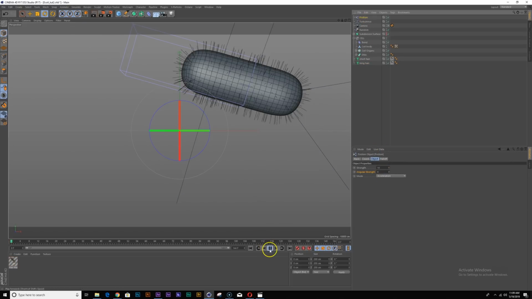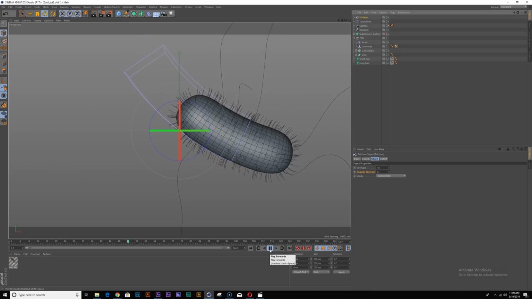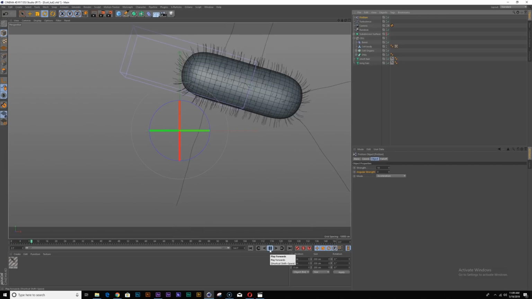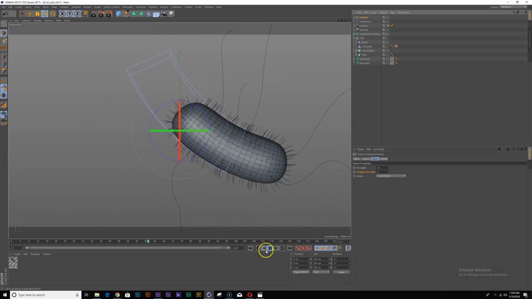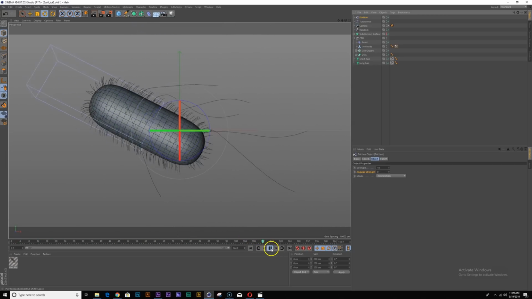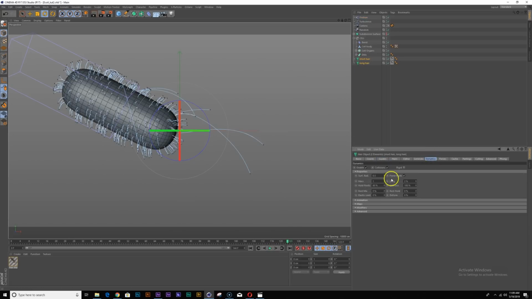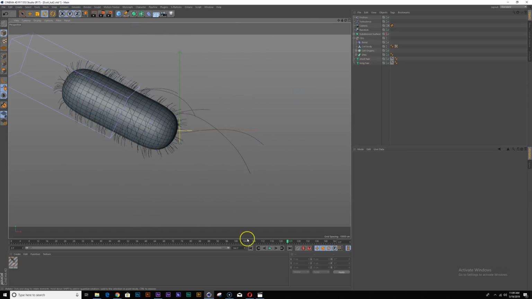It's just to dampen everything. Okay, yeah, see, that feels a little more like it's in some kind of fluid. And within the hair itself, I think under dynamics, you have this drag function. Maybe we turn that to 5.